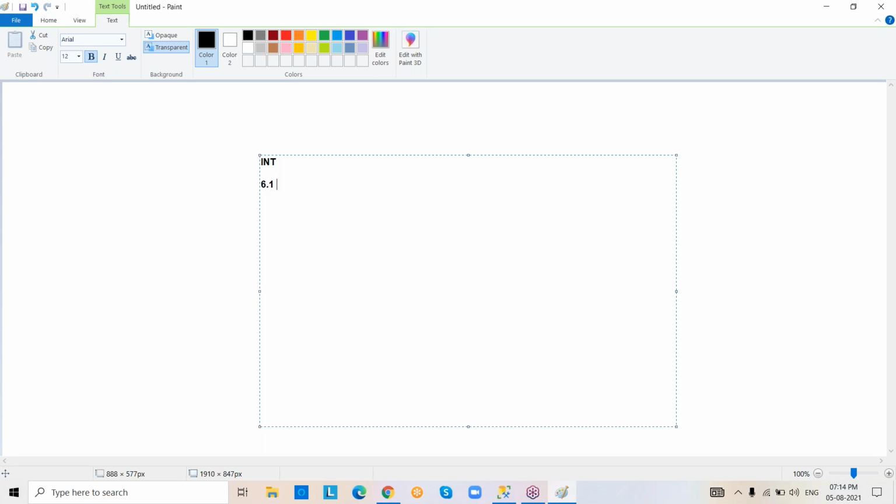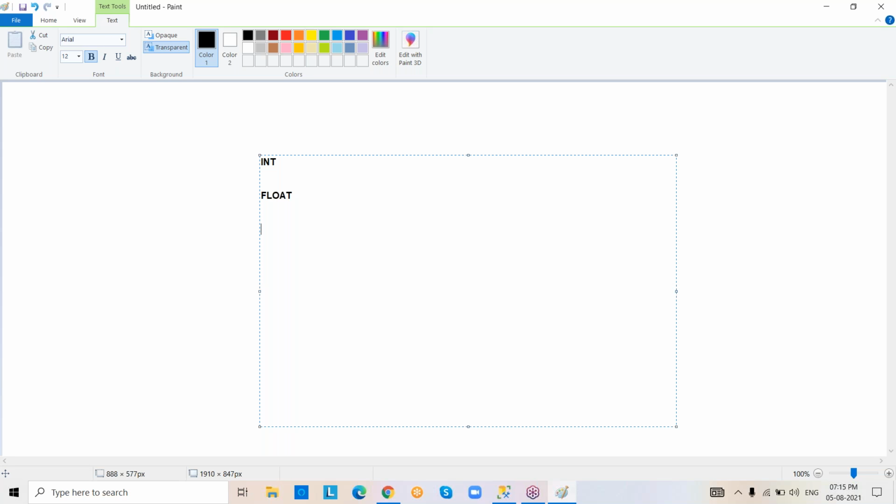See that there is some decimal value. That's why it is not an integer. Okay. So suppose you want to store decimal values, you are going to work with the float data type. Integer does not allow decimal values. The float data type allows decimal values.